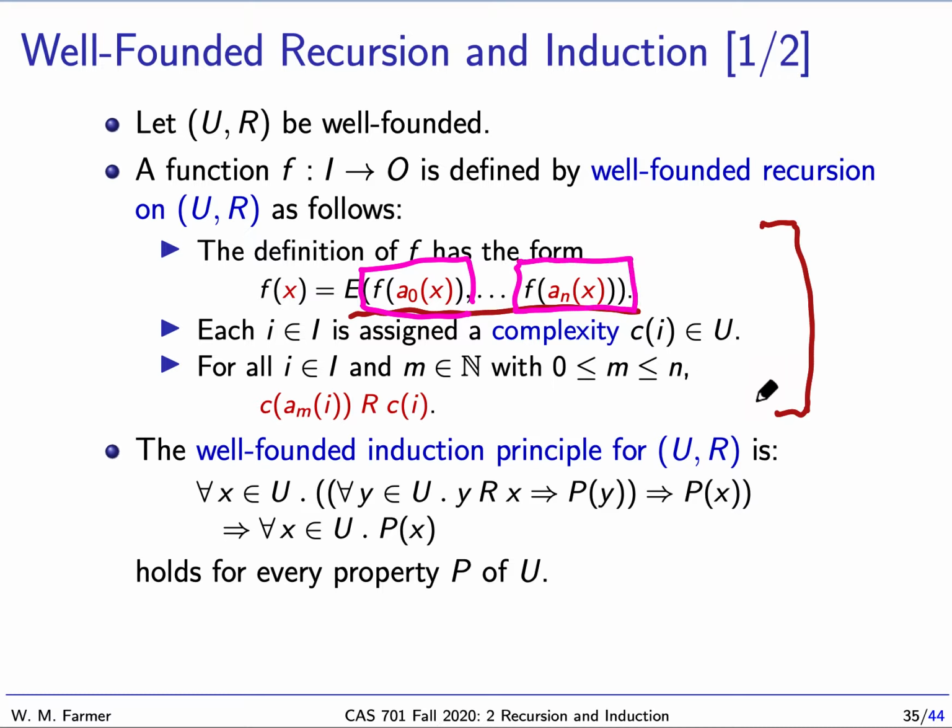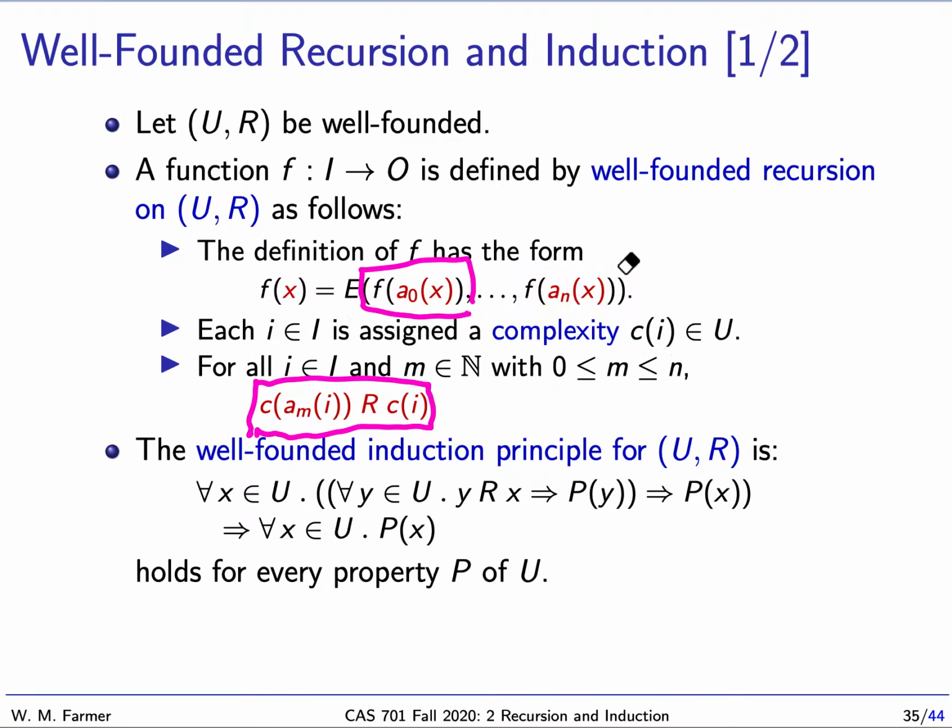And we will assign every member of the input a complexity which is a member of U. And then we also have this requirement that the complexity of these arguments for the recursive calls are less than the complexity of what we started with. If you think about it a moment, this